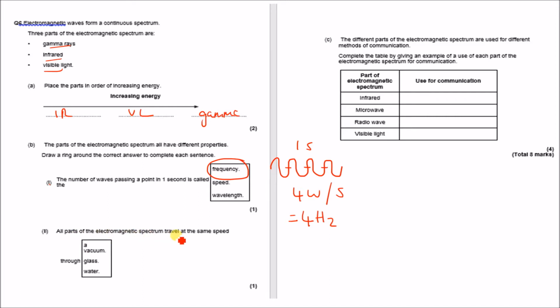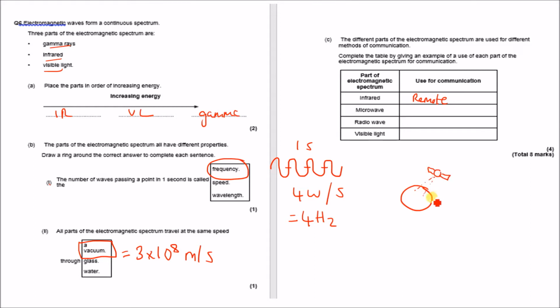All parts of the electromagnetic spectrum travel at the same speed through a vacuum. And what is that speed? You have to know that it's 3 times 10 to the 8 meters per second. Right, the next question is about uses for communication. So how is infrared used for communication? Well, it's used in remote controls. So any remote you use for changing channel on the TV, or for the projector in your schools, uses an infrared source. Microwaves for communication, well, remember when we communicate with satellites in space,